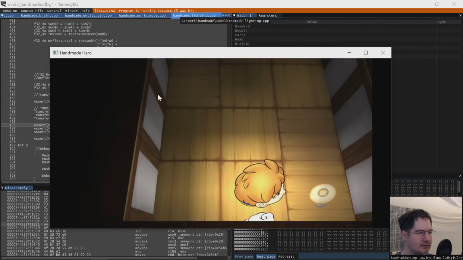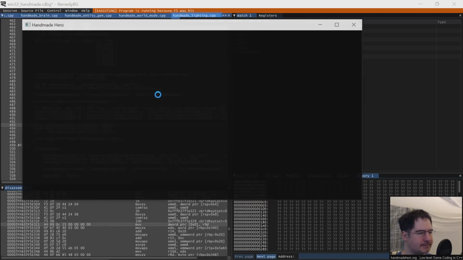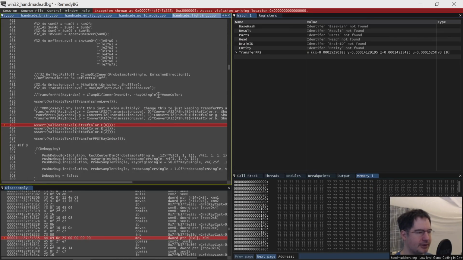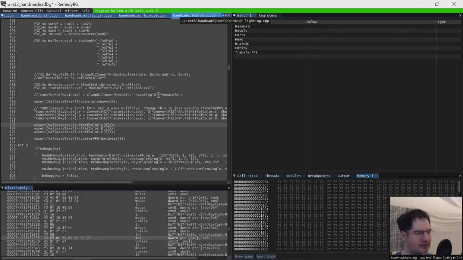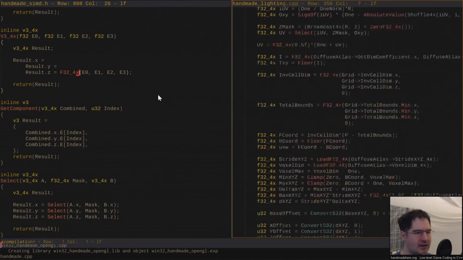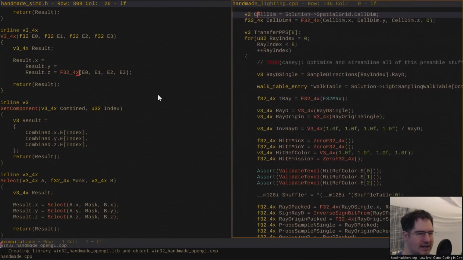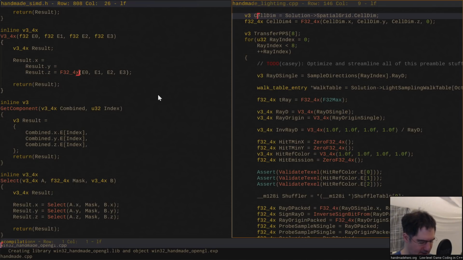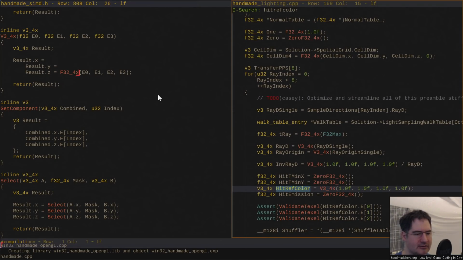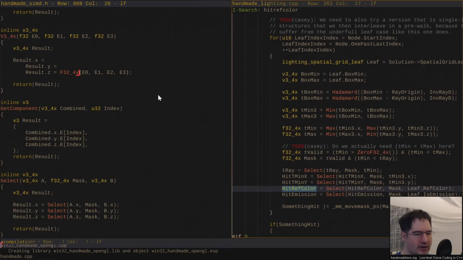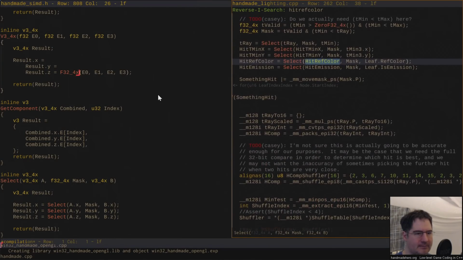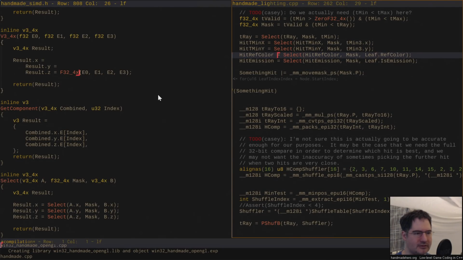And there we go. So when we get the bug, those hit first, which is what we'd expect. So now we have to go find out why that hit ref color isn't getting initialized. I mean, not isn't getting initialized, is getting corrupted somewhere in here. So during this hit ref color select, it's literally just this. This is the only thing that's happening. So the leaf ref color,